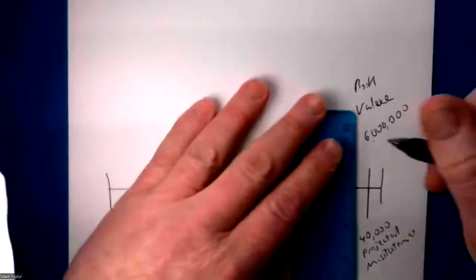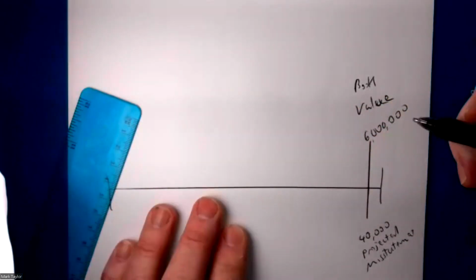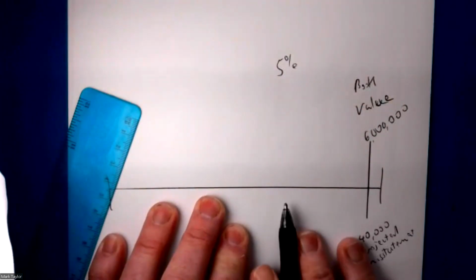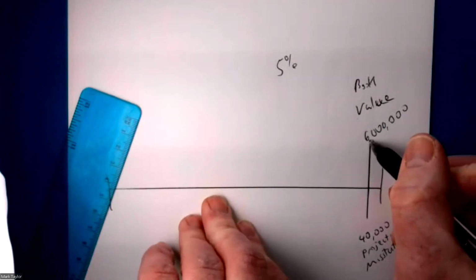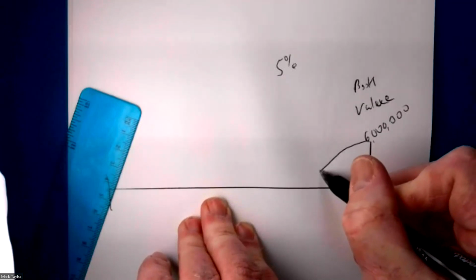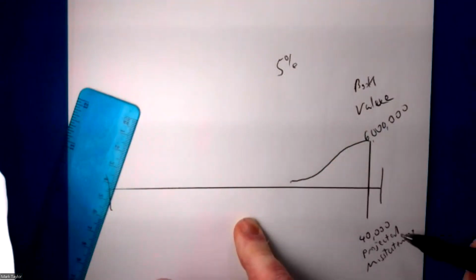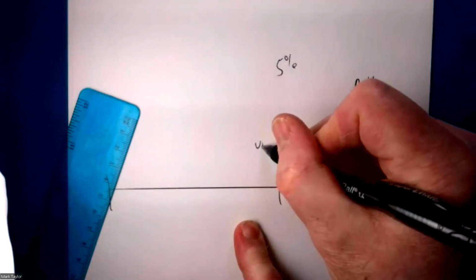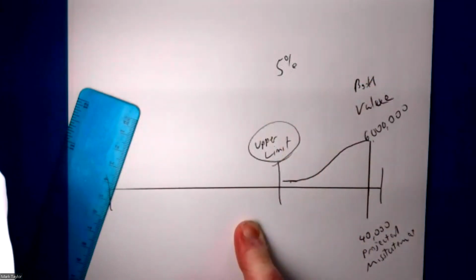Now, it's possible though, because this is a sample. I think we're doing this at the 5% level, that this is off by even more because this is a sample. This isn't 100%. So it's possible that we have a bigger misstatement than just this. And this is what we call the upper limit. So it's possible this could be off by even more.